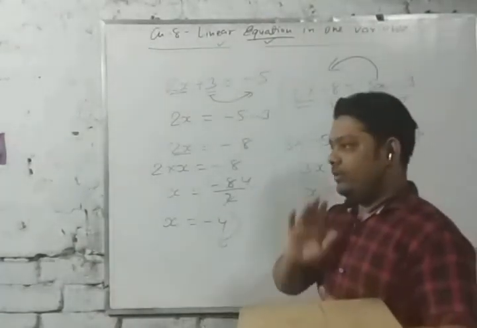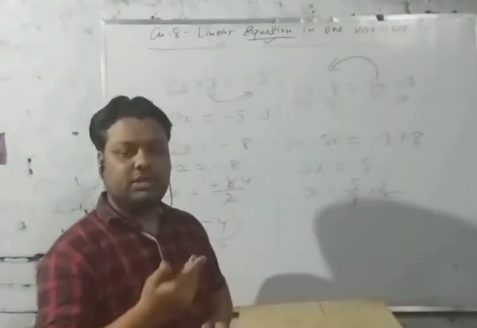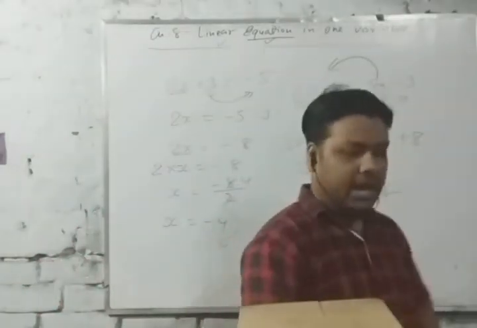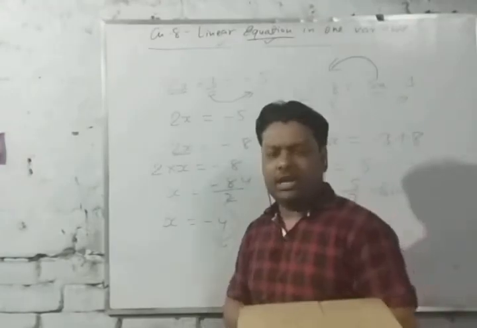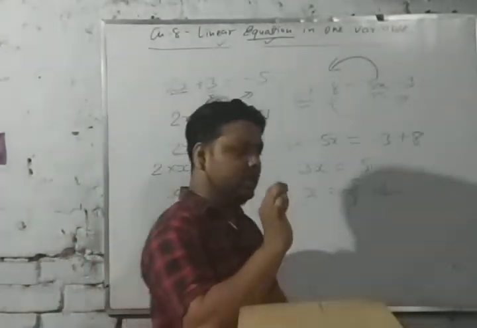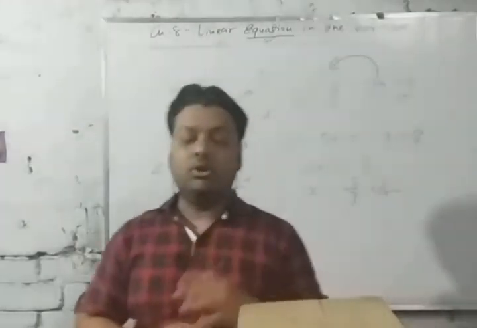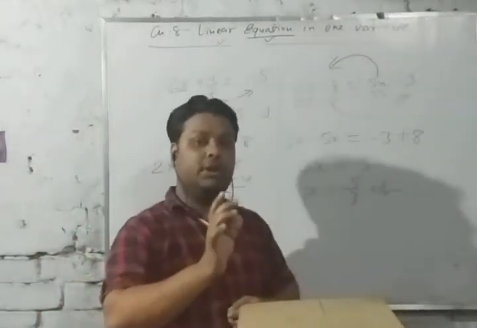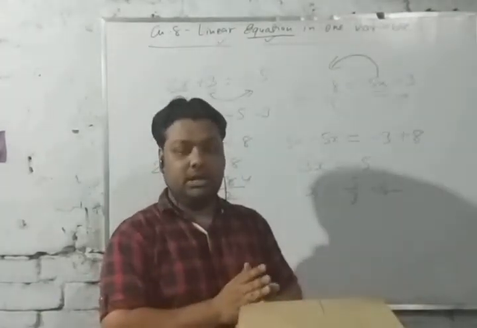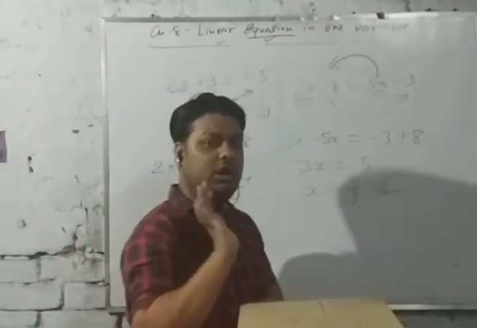Okay. At first we have discussed variable. Variable means any alphabet which can be taken randomly from the alphabets. Constant is any integer, either positive or negative, and is called a constant term. Expression means a combination of constant and variable. And equation means any expression which has a left hand side, a right hand side, and an equal sign. These 3 points are necessary in an equation. If these 3 points are there, then it is called an equation.